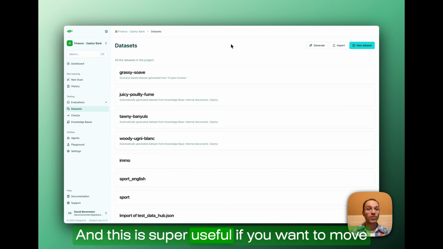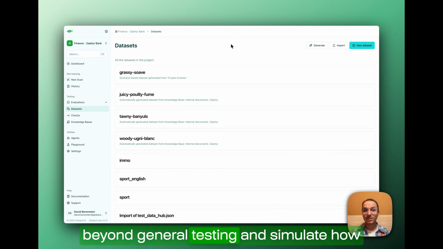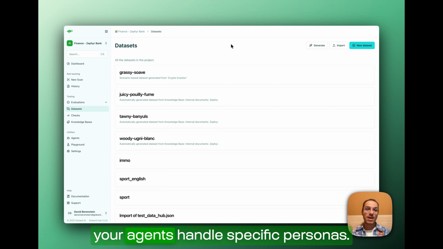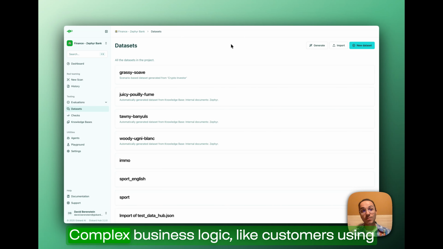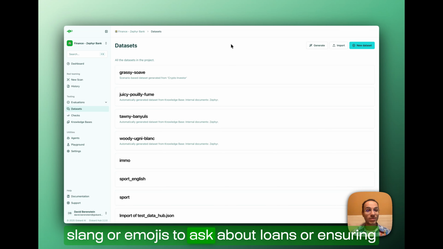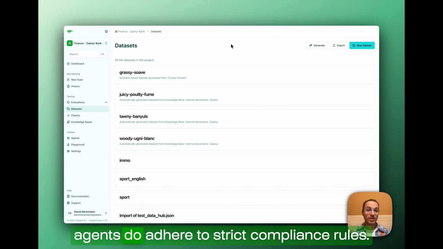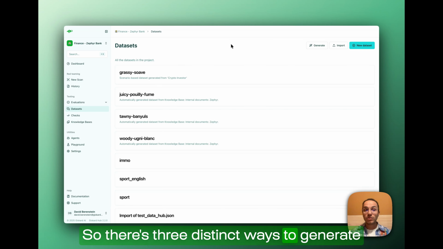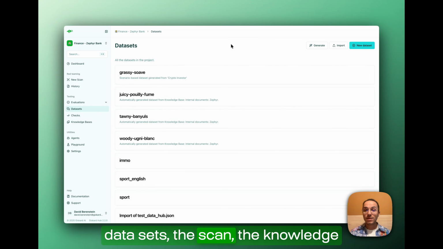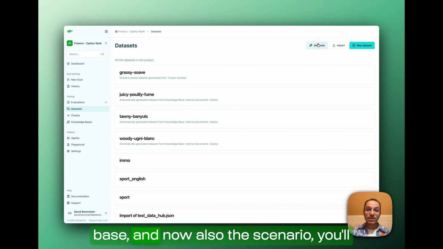And this is super useful if you want to move beyond general testing and simulate how your agents handle specific personas, complex business logic, like customers using slang or emojis to ask about loans, or ensuring agents adhere to strict compliance rules. So there's three distinct ways to generate datasets: the scan, the knowledge base, and now also this